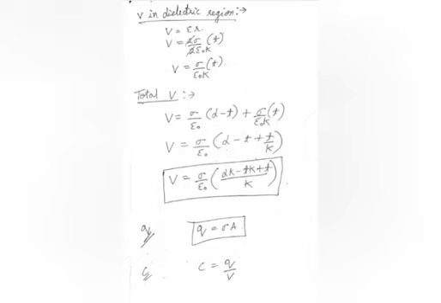Okay. Now let us calculate the total potential. So the total potential would be because of the dielectric region and also because of the free space. So both the expressions we have written here, V is equal to sigma upon epsilon naught into d minus t, plus sigma upon epsilon naught K into t, that is the potential in free space plus the potential in the dielectric region. Sigma upon epsilon naught we have taken common, so we are left with d minus t plus t by K in the bracket, and after taking the LCM, V is equal to sigma upon epsilon naught into dK minus tK plus t, all divided by K.